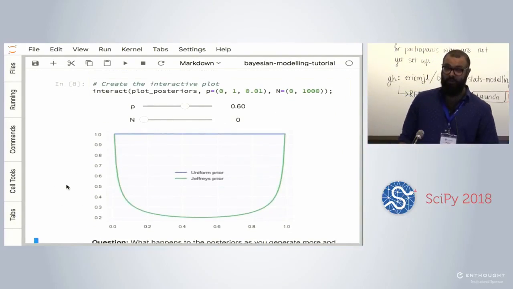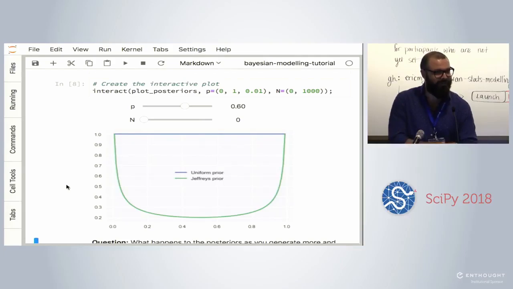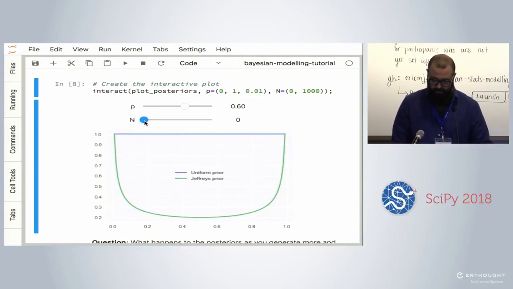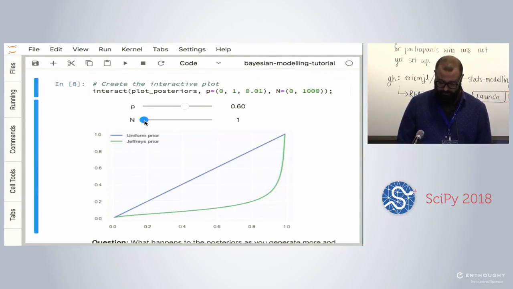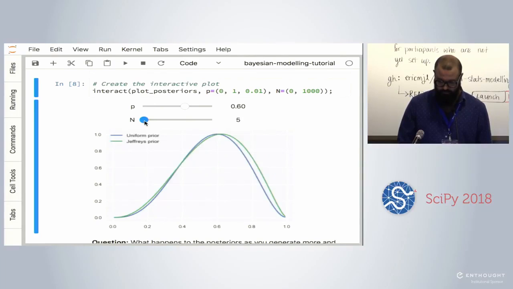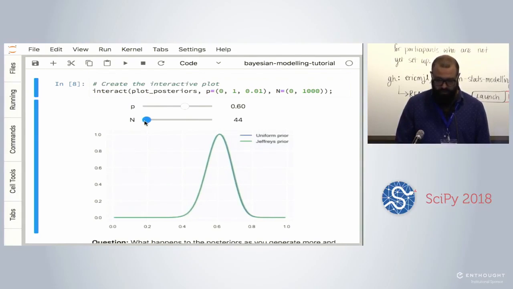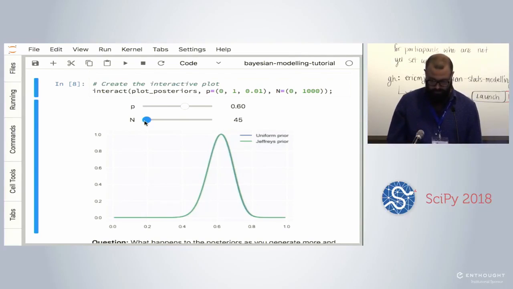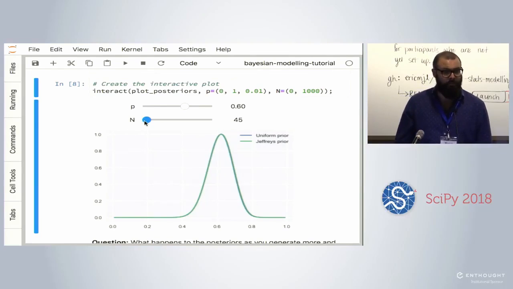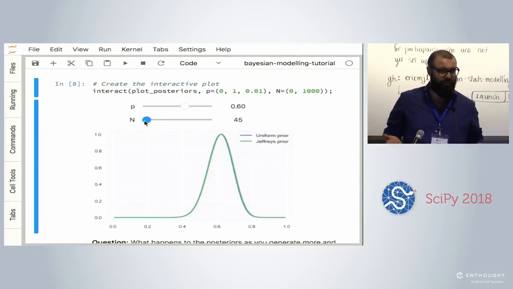Okay, look at this. So we've got our uniform prior, which is 1 for everything, and we have our Jeffreys prior, which is our really non-informative one, essentially. Now, this is for n equal to 0, so these are just our priors. Now, let's have a look at what happens as we increase n. Great. I love how the legend is just jumping around as well. Okay, look, we're already up to 45 data points, and the posteriors look relatively similar, which is a very nice sanity check. Something I would encourage you all to do,